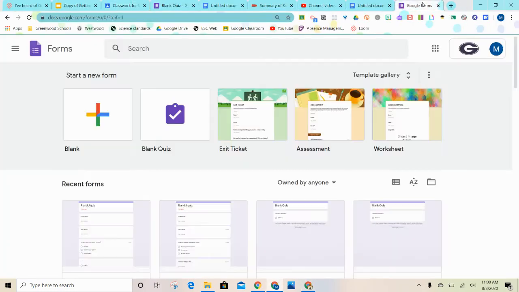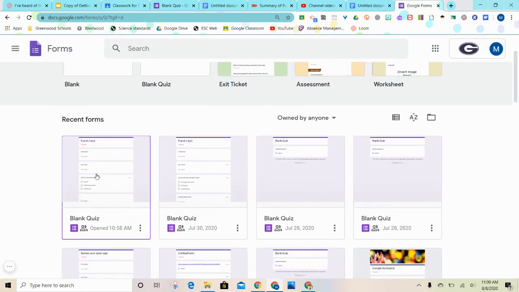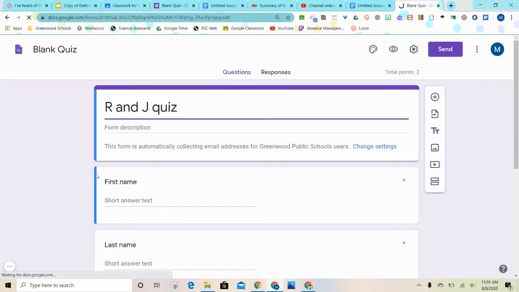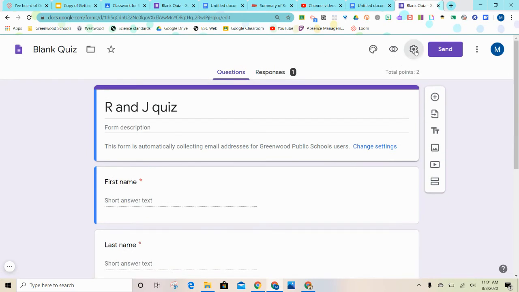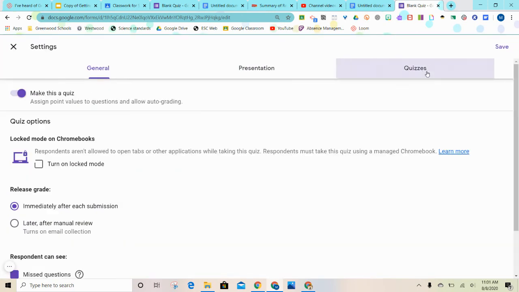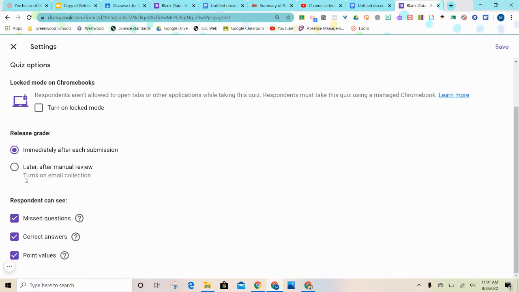So in your Google form, here's the quiz. In my settings menu for this Google form, this is a quiz. So I need to tell, do I want to release grade immediately or do I want to release it after I've graded an open response? For this purpose, I should have checked, I want to release my score to my students later after I've manually reviewed it. If you've got it set to immediately, like if it was all multiple choice and you wanted your students to get their grade immediately upon submitting